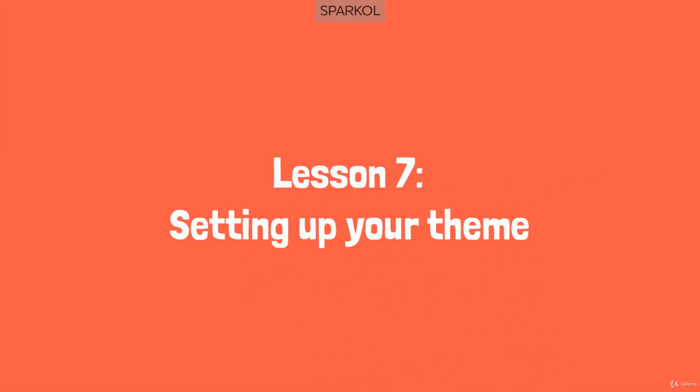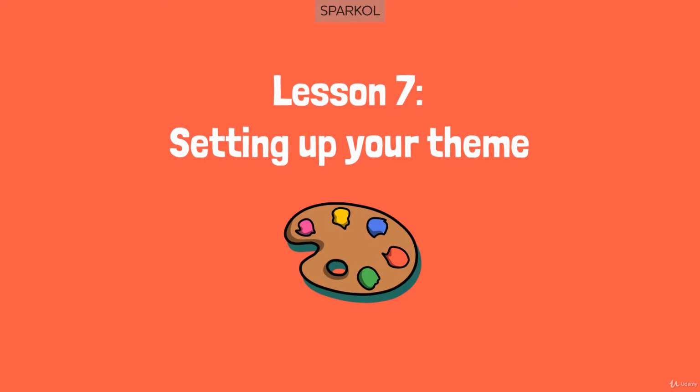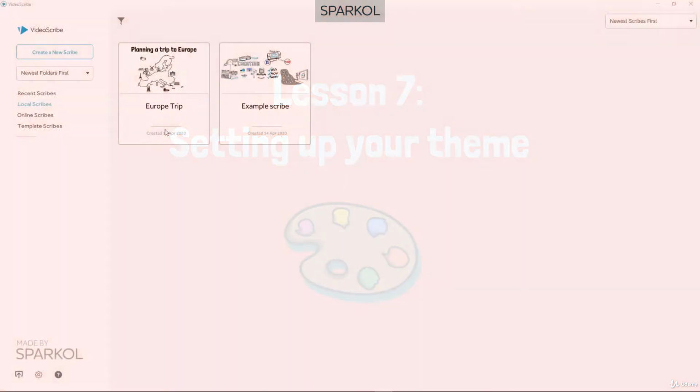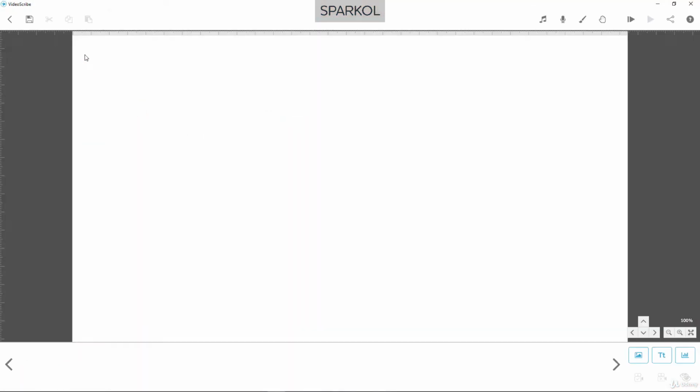Hi, in this lesson we're going to learn how to set up a theme for a new Scribe project. So let's start by creating a new Scribe. By default, VideoScribe is set up to create whiteboard animation videos. So you can see the canvas is white, and if we add an image here quickly